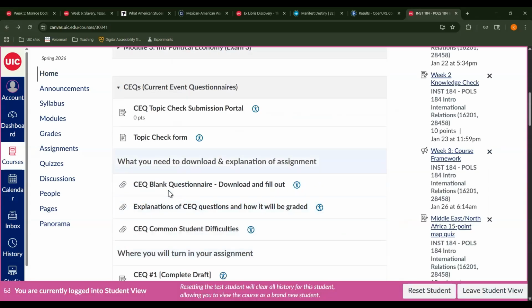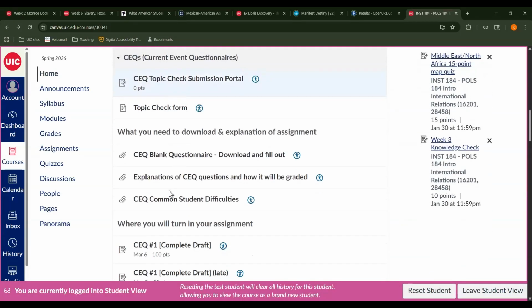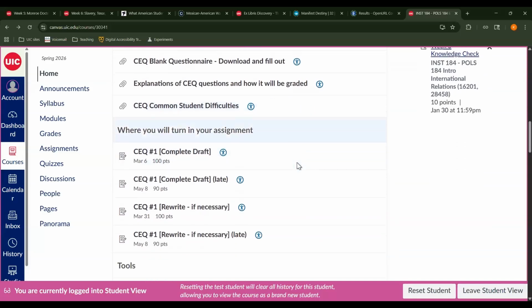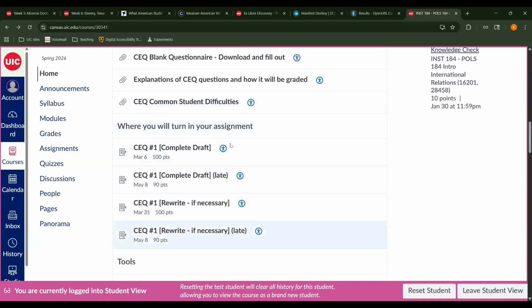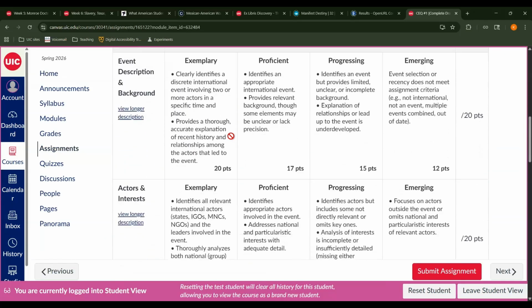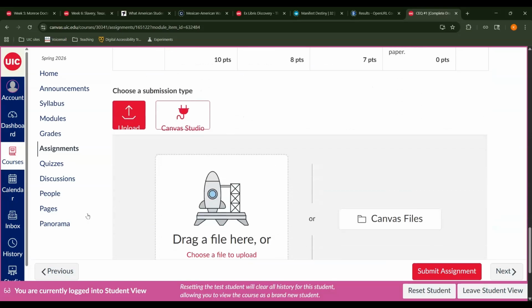Okay, we're going to go through the actual parts of the assignment in future videos, but I also want to show you that this is where you will turn in your CEQs. Now, clearly, I have not yet posted the portal for CEQ 2, which is due at the end of the semester. The rubric is here, and then at the bottom is a place where you can upload your form, and it needs to be in Word document form,